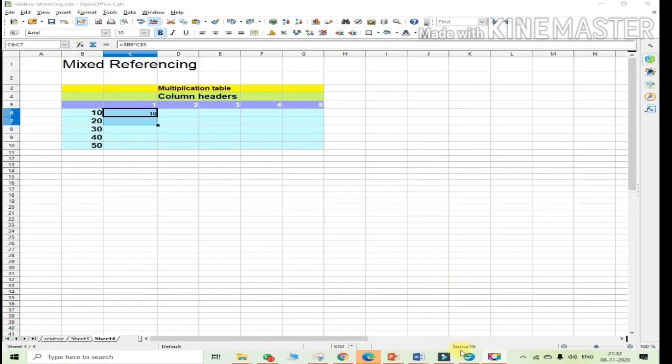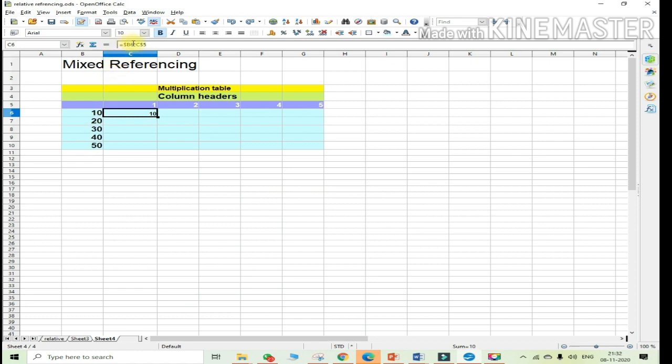Next, I will demonstrate how to use mixed referencing by using the multiplication tables. Here I am giving the row values in C5 as 1, 2, 3, 4 and 5, and in column B6 as 10, 20, 30, 40 and 50, and then I'm entering the formula equal to $B6 times C$5. Here we use the dollar sign in front of the column name or the row name to make the value constant.